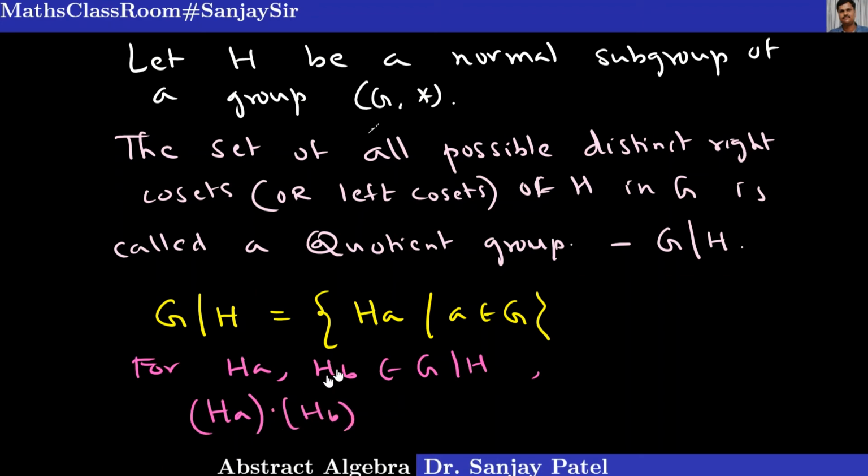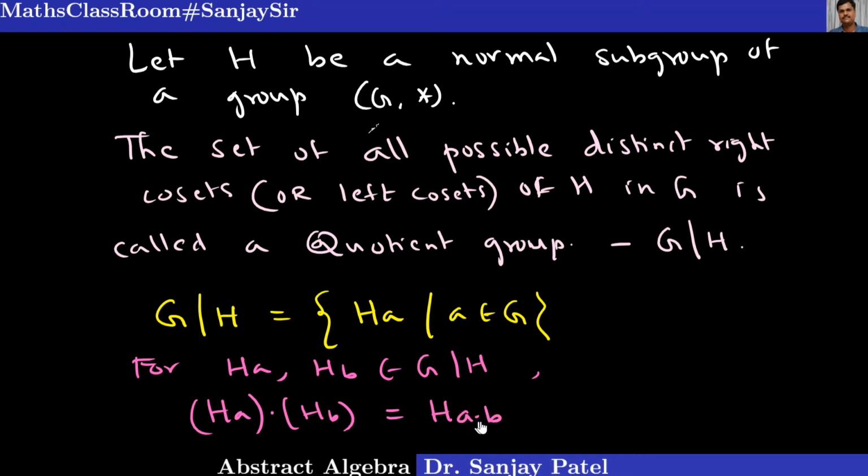So multiplication of, or you can say Ha star Hb, or let me use the operation dot only, or any symbol you can use, say plus circle or anything. Ha plus circle Hb is actually H a star b, but we are not using different notations here. We simply write the same notation, and it will be clear from the context where the operation is written. Something like Ha dot Hb, and if I write here H a into b,